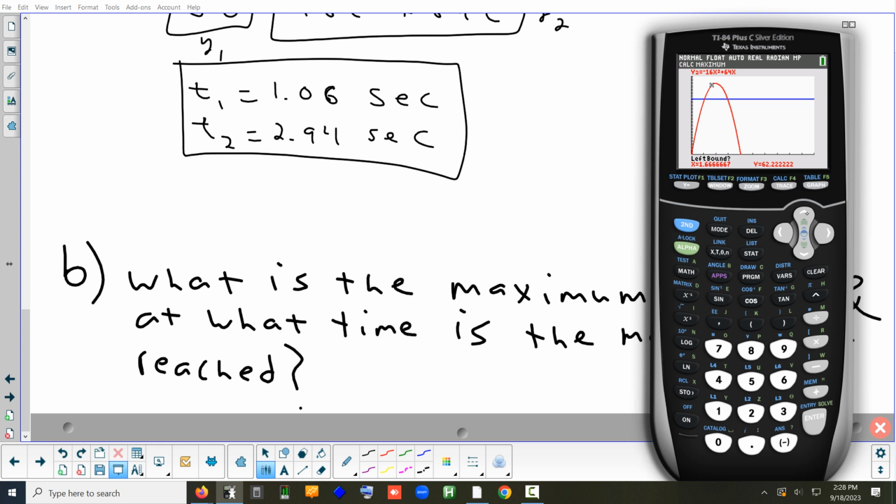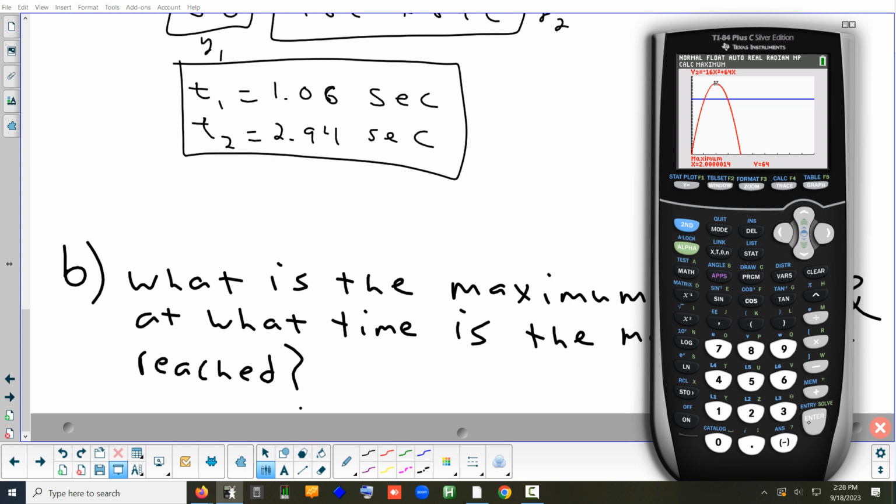Now it's going to ask me 3 questions. Pick a point that you know is definitely to the left of the maximum, and hit enter. Pick a point that you know is definitely to the right of the maximum and hit enter. So what I've done now is I've pinned the maximum in between 2 lines. Now my guess, I'm just going to put it as close as I can. I'm going to hit enter. And for me, it says the maximum is